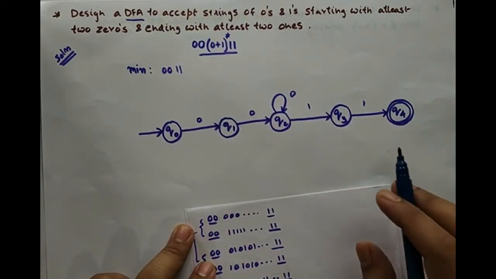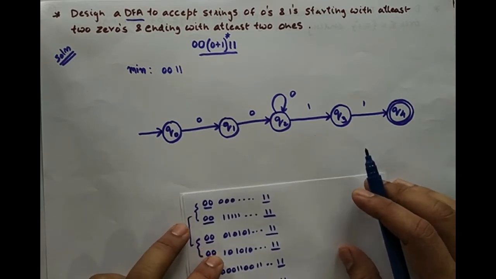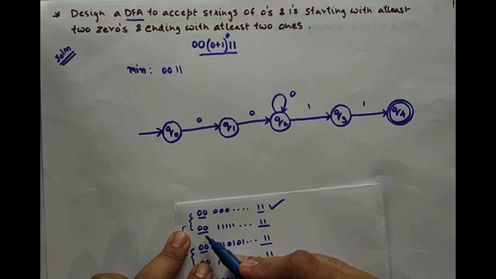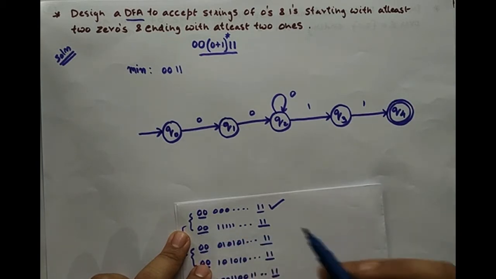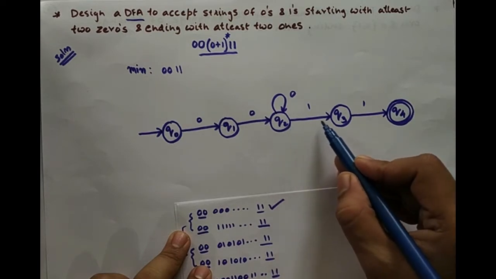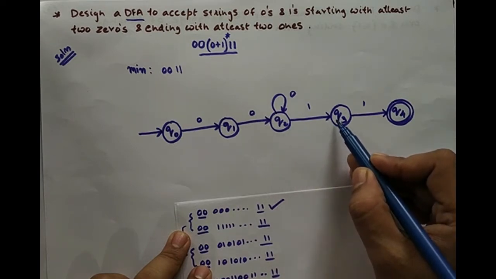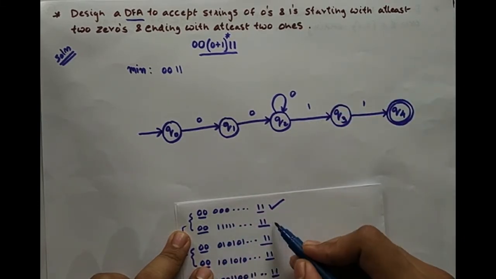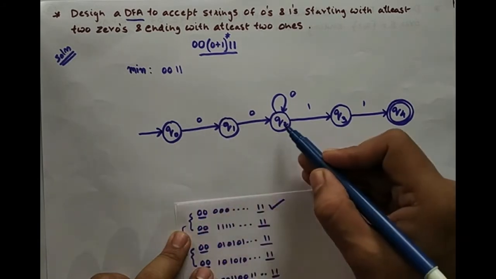So you have to be conscious while doing this. So this string is accepted. Next, 2 zeros followed with n number of ones. So 2 zeros, followed with first one, and n number of 1. Now please note, 2 zeros followed with n number of 1, this string we are checking, first 0, second 0.